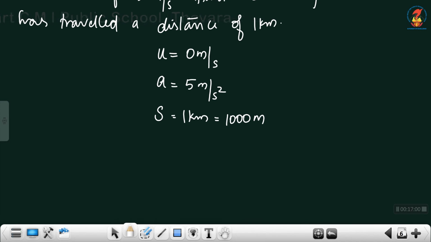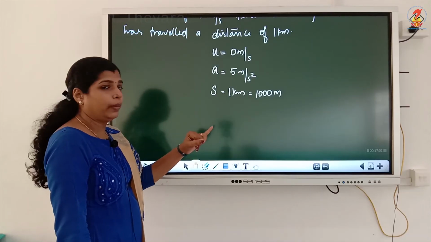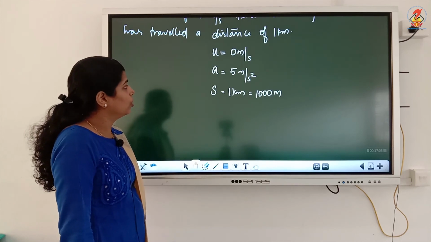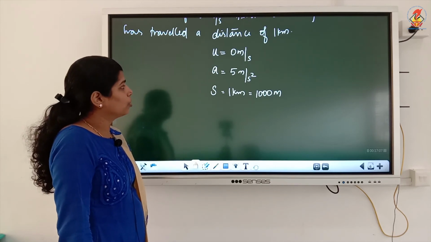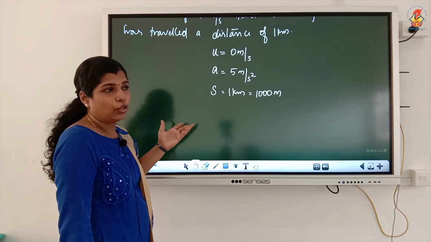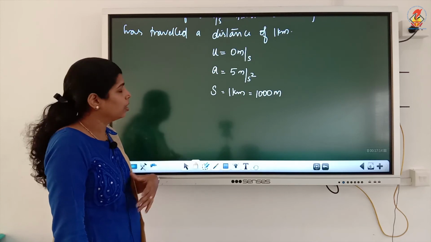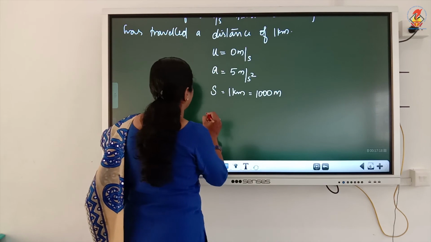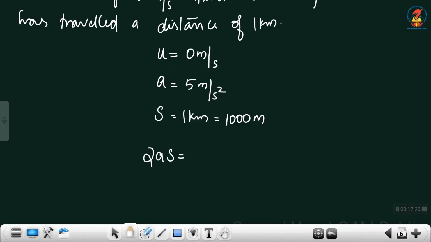Two equations are there, either v equal to u plus at or s is equal to v square minus u square by 2a. Here t is not given, so you can't use the first equation. So, we will use the third equation, that is 2as equal to v square minus u square